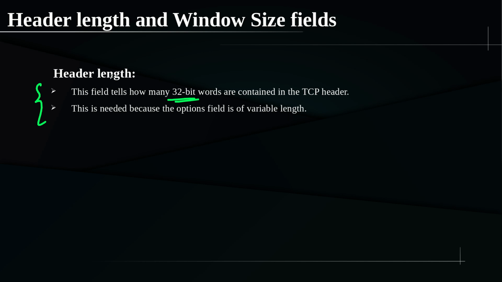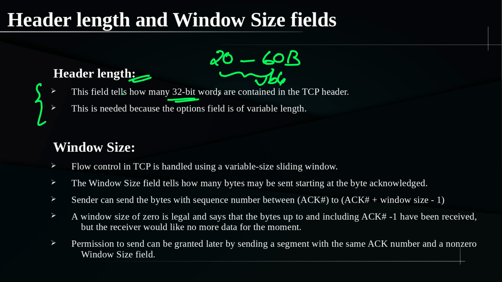Why are we specially storing the header length? Because you know there is a 20-byte fixed header and up to 40 bytes of options. So together the TCP header could be 20 to 60 bytes in size. So it's a variable size, right? We don't know what it is. So we are supposed to maintain the header length field, and I gave more explanation about this field when we discussed IP. All those things are applicable here also, so just watch that.